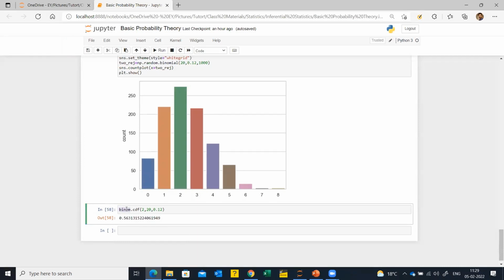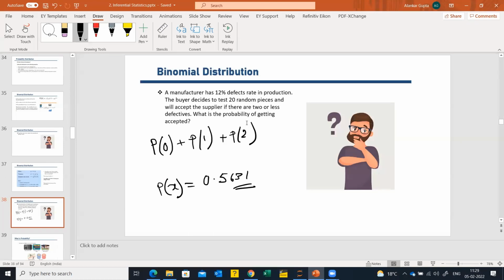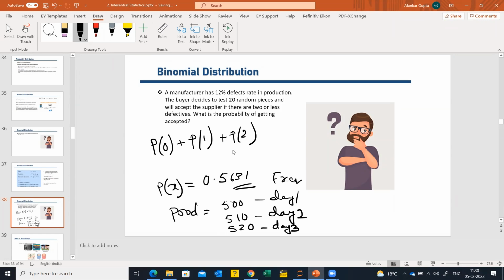What we did was use only one function, the binomial function, which gives the cumulative distribution function. Why is this cumulative? Because we are adding one after the other: 0 plus 1 plus 2. So for example, if you have production of 500 units on day 1, 510 units on day 2, and 520 on day 3, this is the frequency, but your cumulative frequency will be